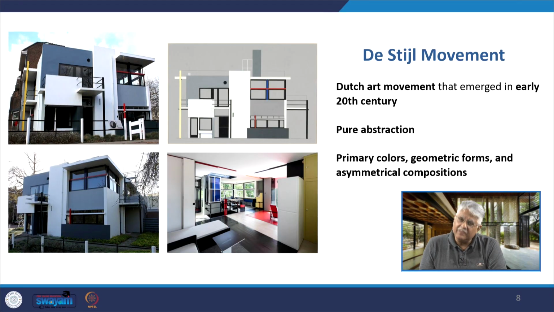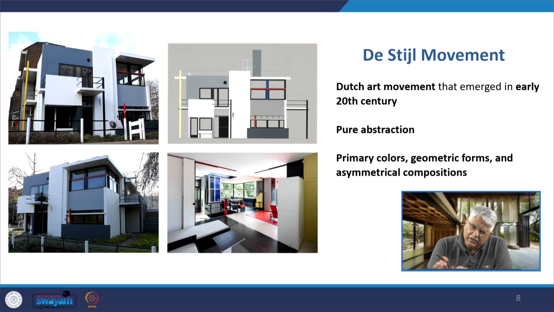Moving on to the De Stijl movement, only very briefly to mention it, we will come back again to this house because this is very important for us. We will talk about this house, the Schröder house by Gerrit Rietveld, later on also when we discuss composition, recomposition and decomposition, or rather decomposition and recomposition. When we talk about the houses themselves, this plays a very important role. In fact, we have already looked at it in some form earlier.